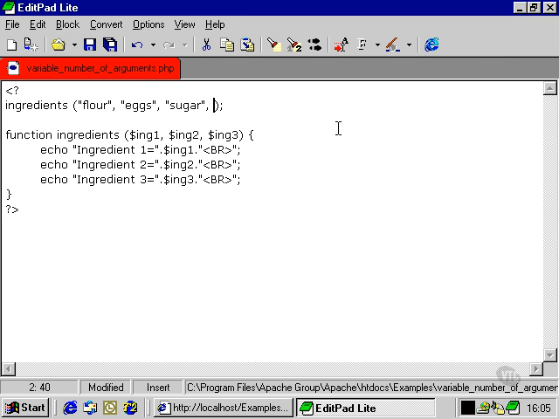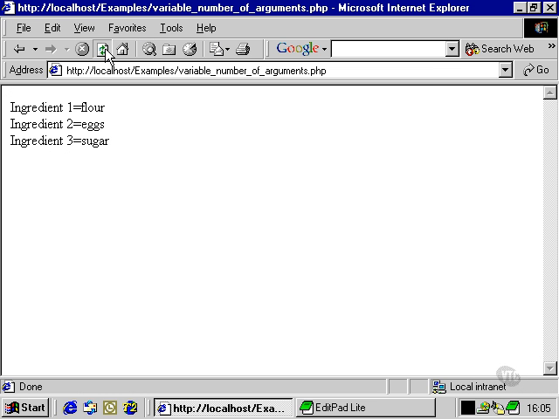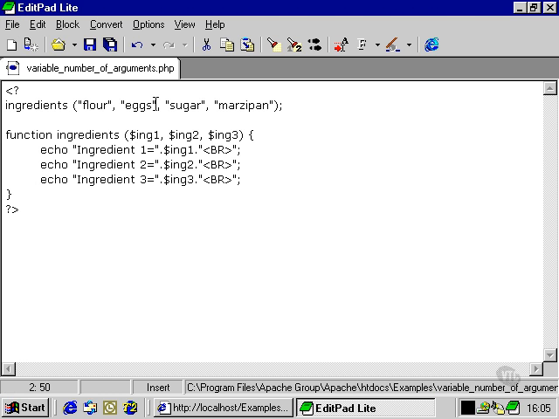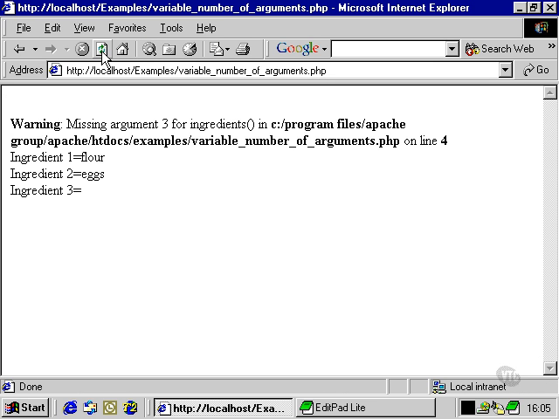However, if we add an extra ingredient, then we're going to have problems in that the function won't be able to pick it up. And if we take away 2 of those ingredients to leave 2 arguments when we call our function, as we can see, even worse, we get this very ugly error popping up, missing argument 3 for ingredients. Now that is a bit of a problem,